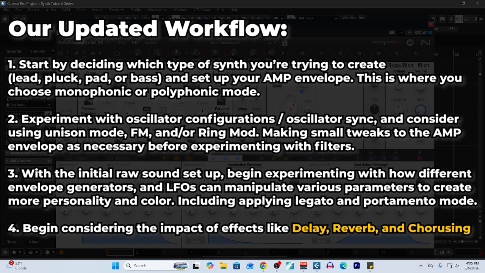Then, once you have your bass sound figured out, that's when you start playing around with things like delay, reverb, or even chorusing to decide on how they can contribute to the sound you've created. As you can probably tell, there's going to be a lot of moving back and forth between various steps when making a synth, and that's okay. That's half the fun, is just making little tweaks here and there until you create a sound that you are